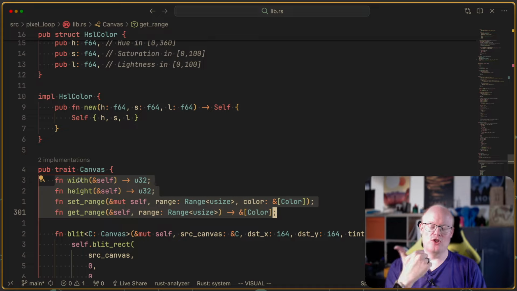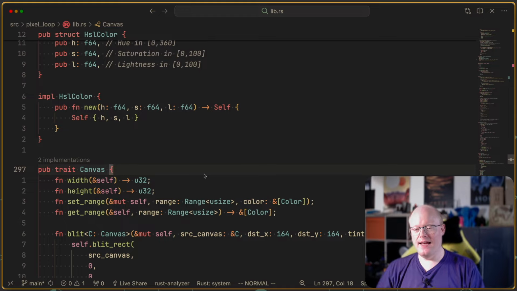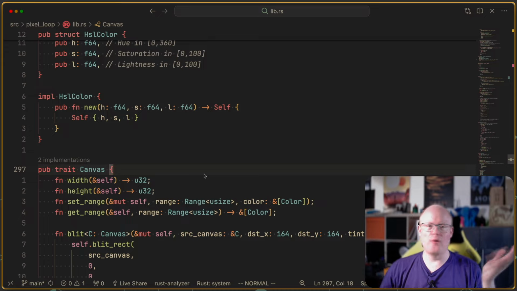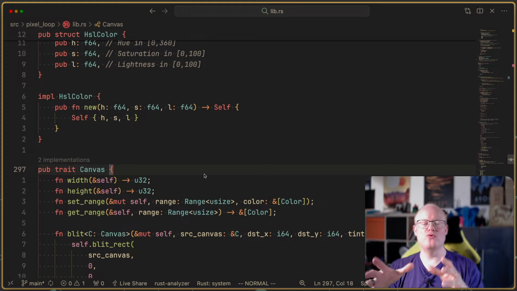A function which tells you its width, a function which tells you its height, which can set a range of colors, which can get a range of colors from the canvas, and that's it. And we need to implement that actually for our CLI or maybe cross-term canvas, however we want to call that one. And then once we have done this, which is quite a simple logic to do, we will take a